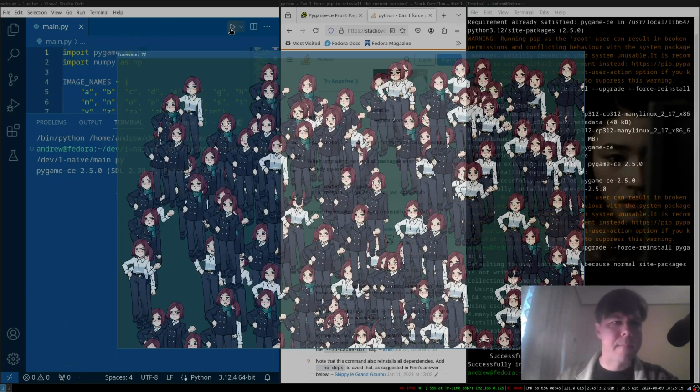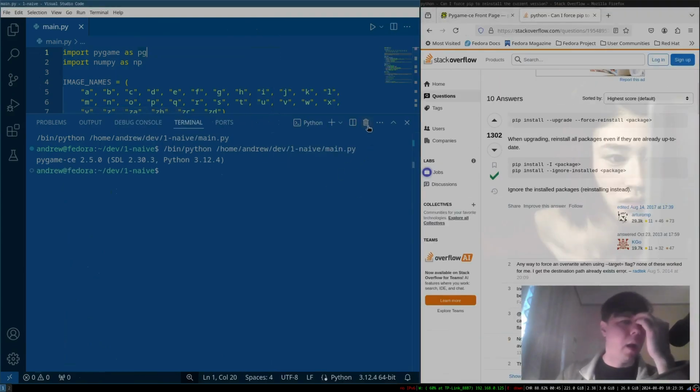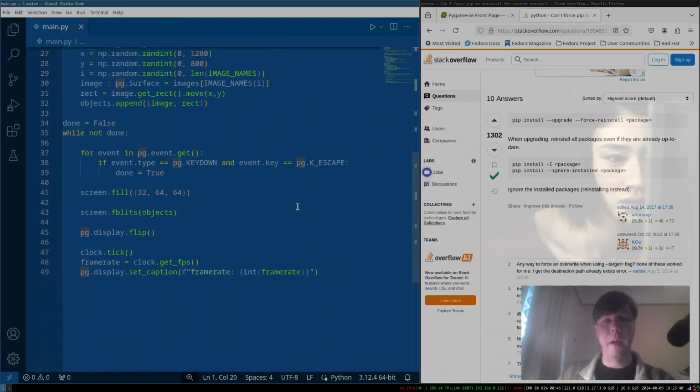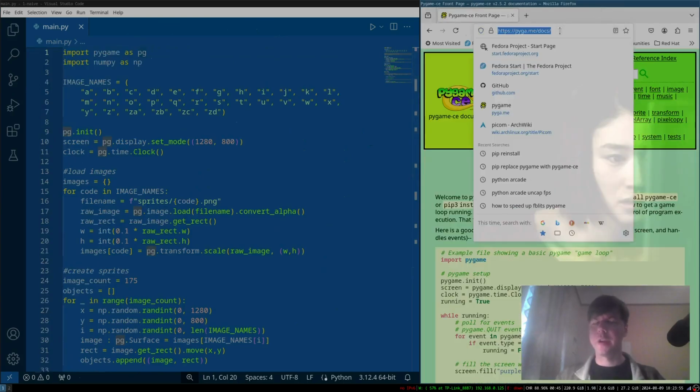Okay, right. So, using the fblits function, we're getting significantly better performance, 80 frames per second. Pretty happy with that. This is all well and good, but I feel like we should be able to do better, right? All we're doing is copying stuff to the screen. So I had a look at this, and there's one package that I really like